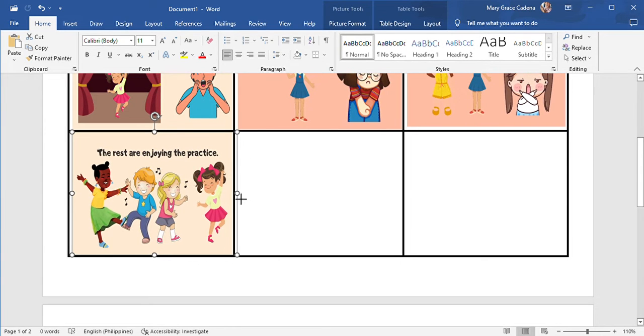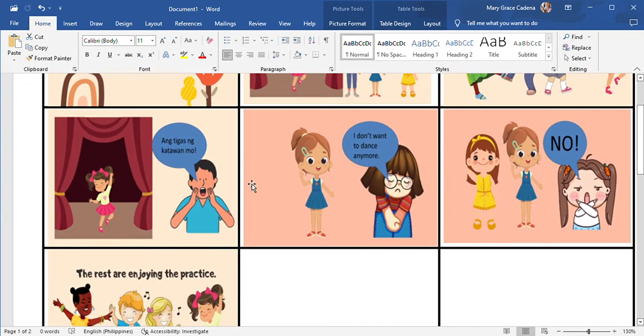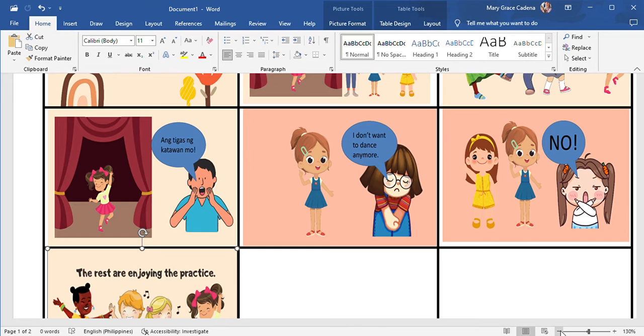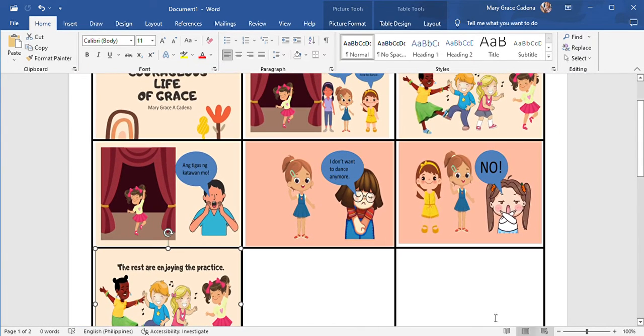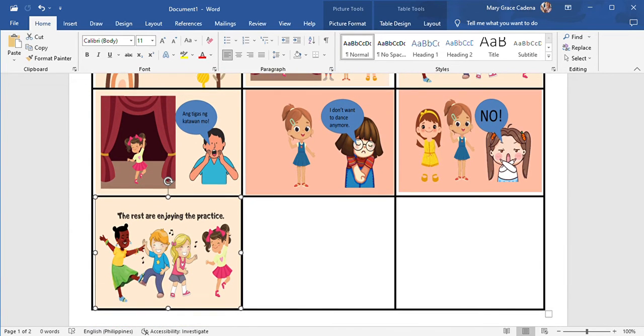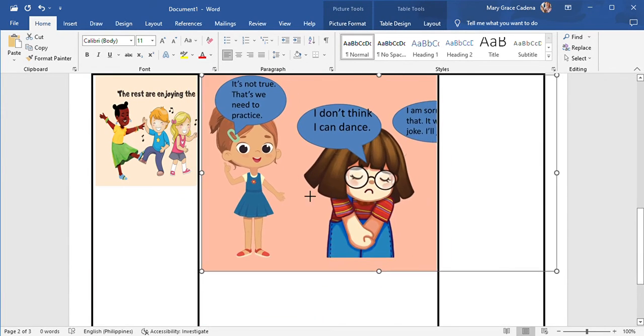In this way, as you can see, one by one, we can actually see them now. We still have two more pictures to go before we completely finish all the pictures.